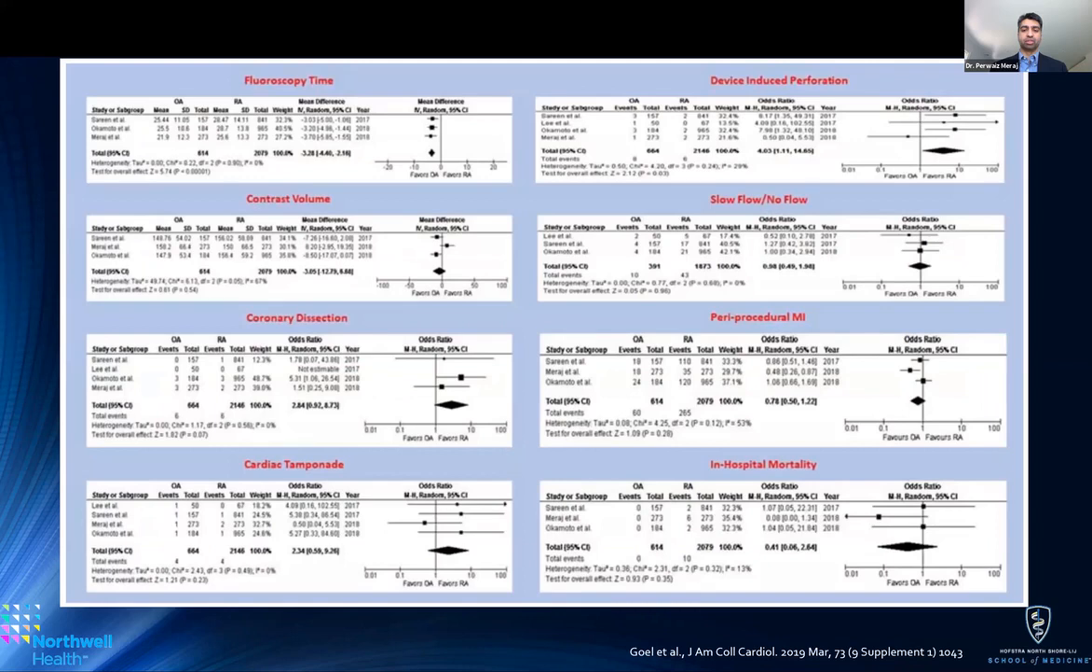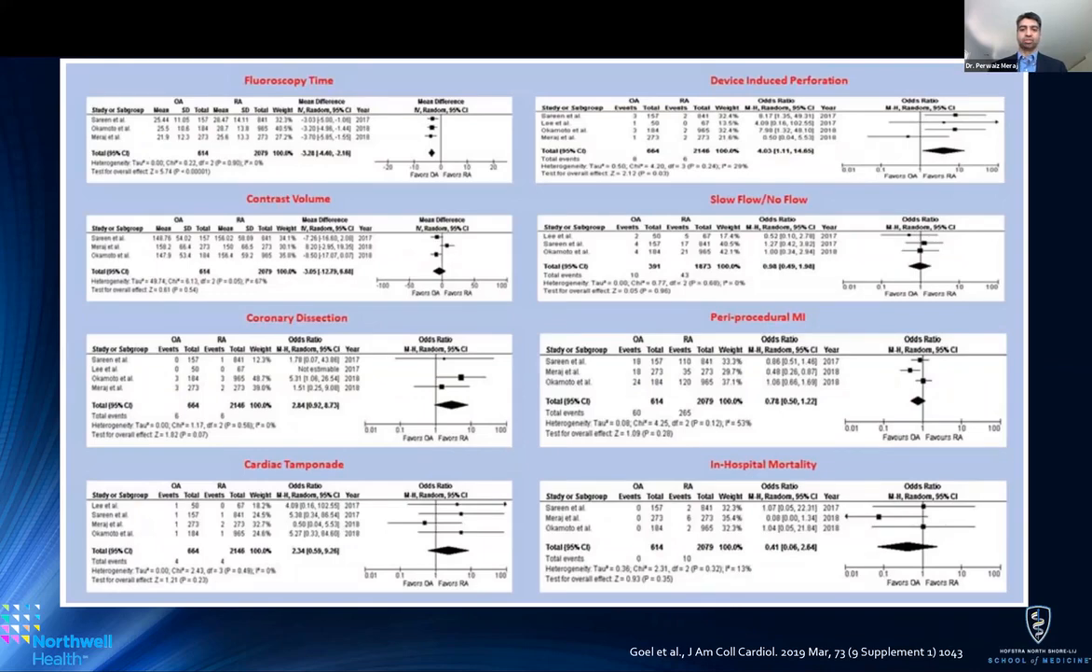formed looking at a meta-analysis, you can see here that fluoroscopy time, contrast volume, coronary dissection, cardiac tamponade, in-hospital mortality, periprocedural MI, slow flow, no flow. For the majority of these cases, there is really no difference between the two groups. However, really only fluoroscopy time is more indicative and more towards the orbital atherectomy arm, and device-induced perforation favors the rotational atherectomy arm. However, this is, of course,